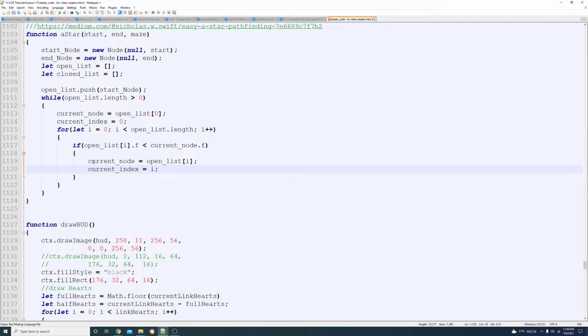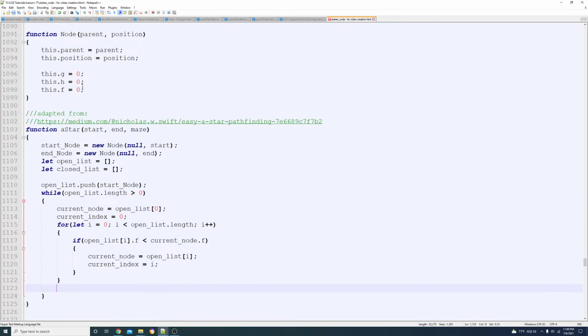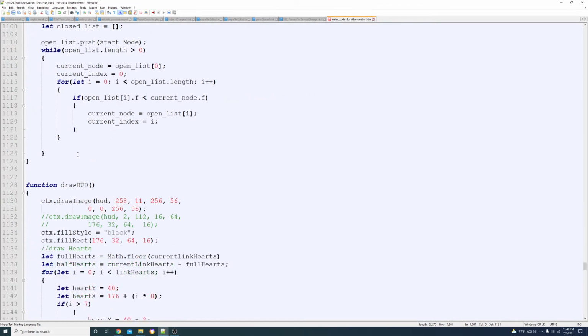Okay, so we found one that has a potentially lower cost. And I say potentially because we're estimating the h, okay? So that's just our estimation. And that estimation is usually based on some Euclidean distance, which doesn't know if there are obstacles in between. So it's an estimation, not knowing if there are obstacles. So right now, this may look like it has a lower cost, but it may not have a real lower